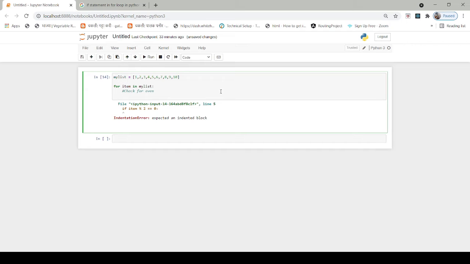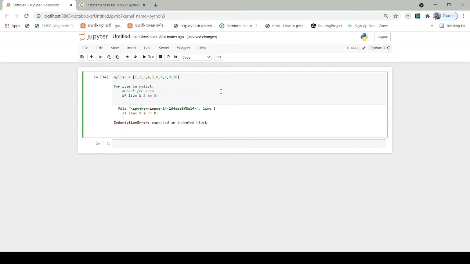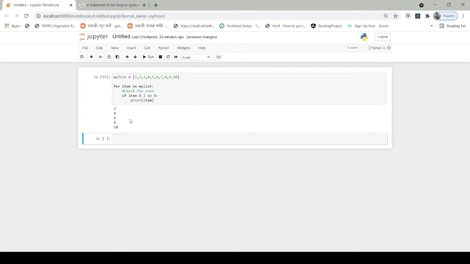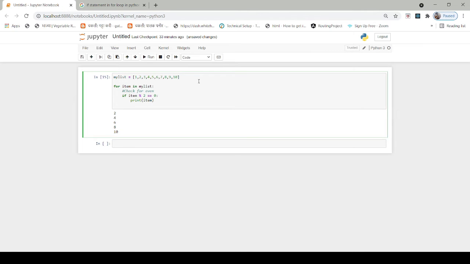So if I say if item percent, let's say, it's an even number, then it should print that item. Now if I run that, it's going to say 2, 4, 6, 8, 10. But let's now add an else statement to it. Let me show you an example of an else statement. Else